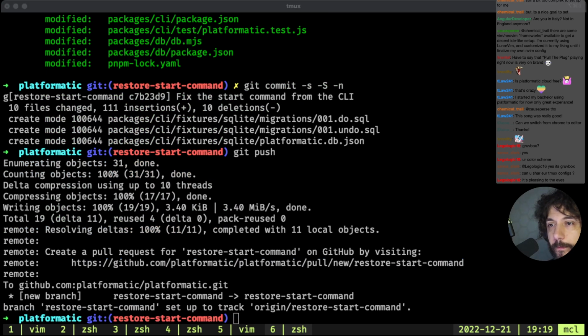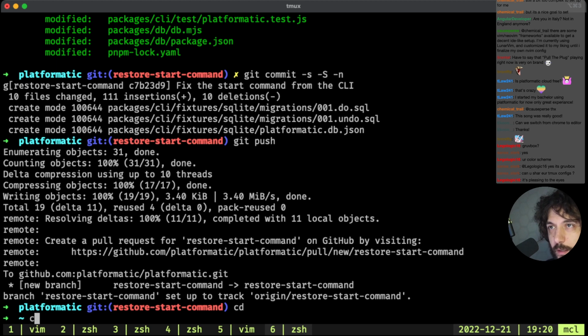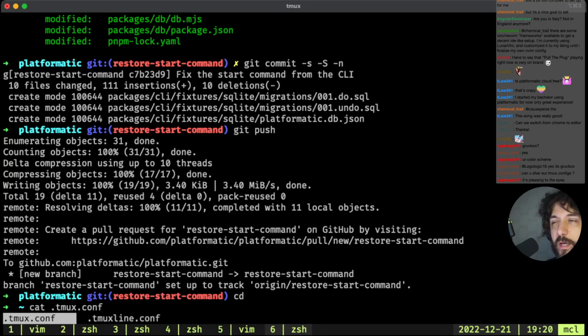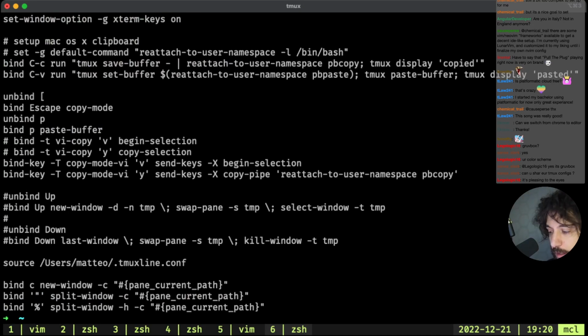Cool. Okay, my tmux config, and meanwhile, let's open up the PR. So my tmux config. I have a tmux.conf. This is my tmux.conf.